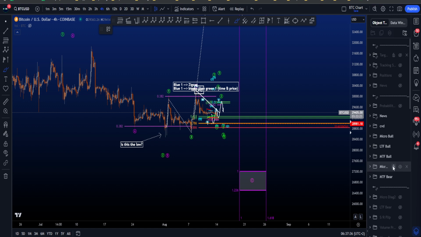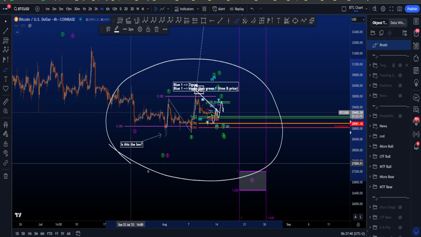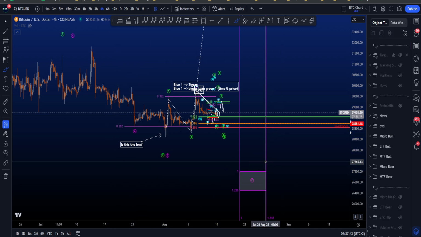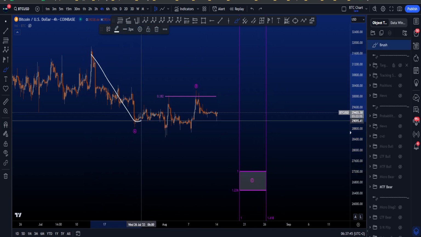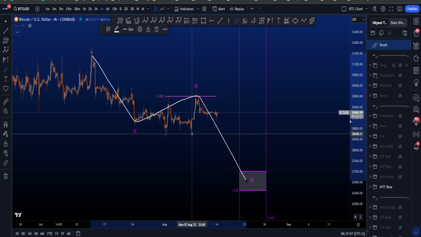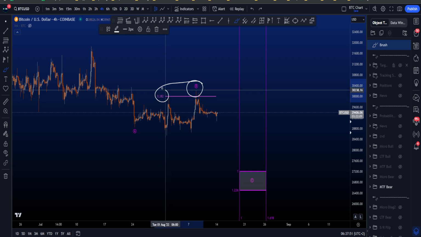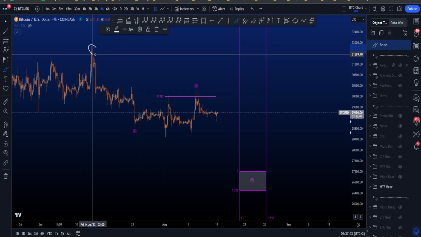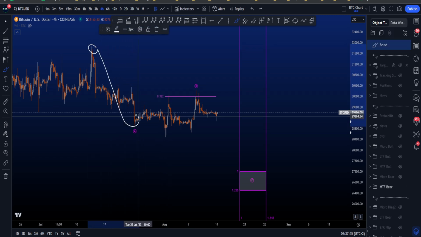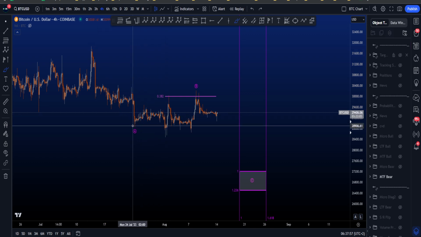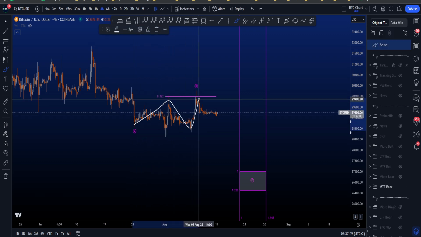Hi everyone, let's go over my medium time frame, low time frame and micro bullish and bearish Elliott Wave scenarios on Bitcoin. Starting with my medium time frame bearish scenario, where we're looking for a zigzag to the downside in an ABC 5-3-5 structure where wave B has ended right on top of the 0.382, which is a common target for a wave B taken from the high to the low of A after a WXY sideways combo within